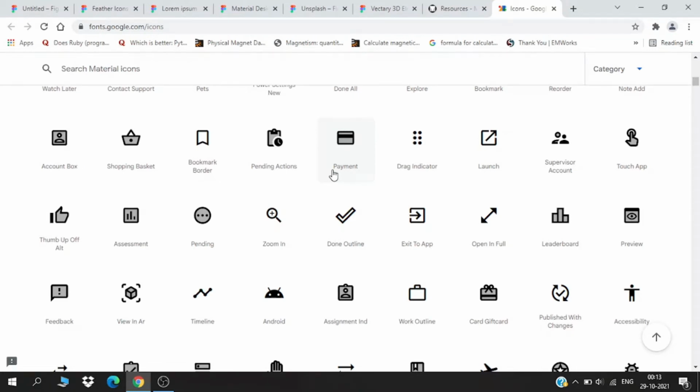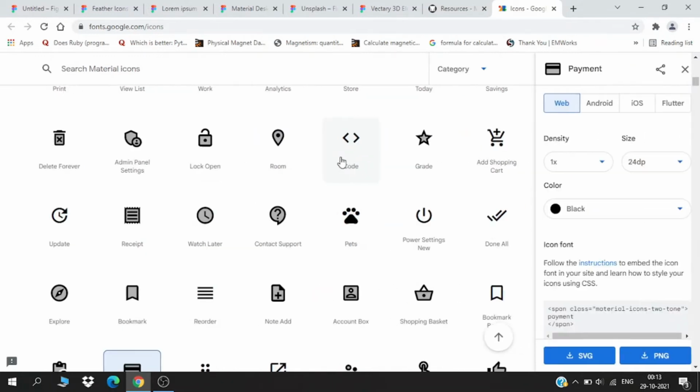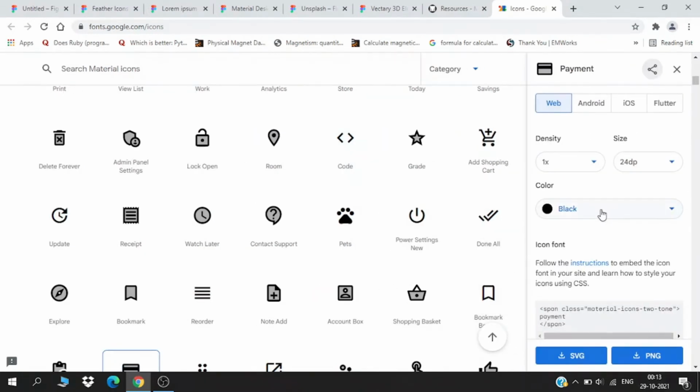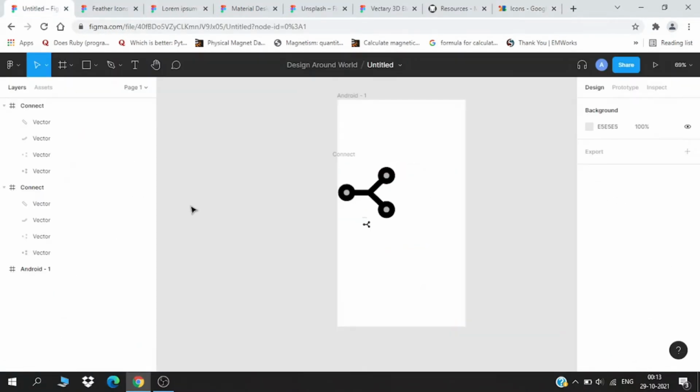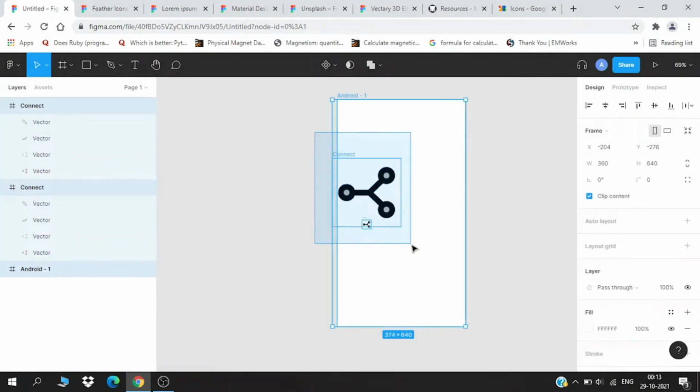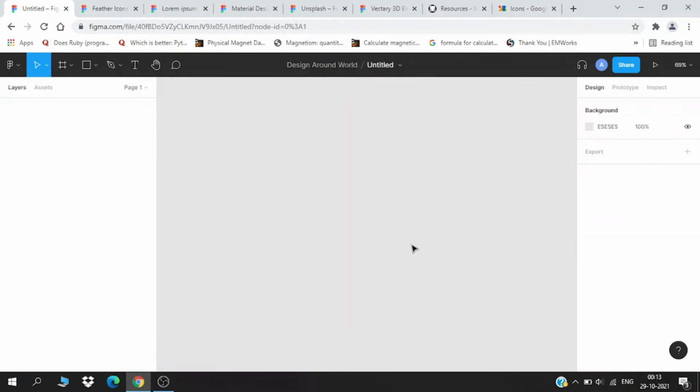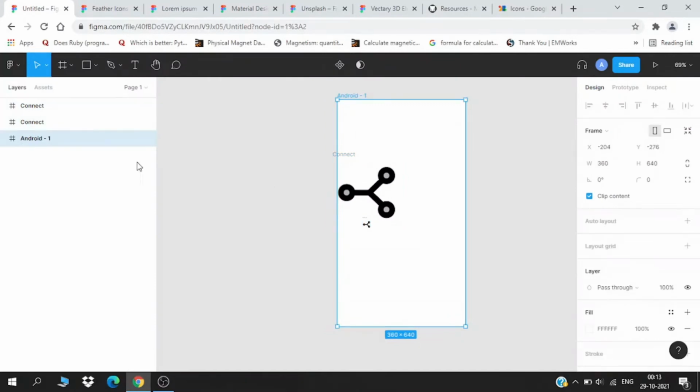So either you can go from there and get icons from here, but the thing is, from here you have to download the SVG and then upload it back in your design, which is quite cumbersome. So that's why this plugin is very efficient. This was the third plugin of ours. Okay, now coming to our